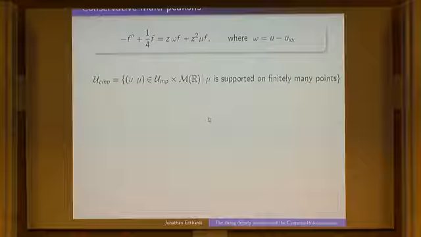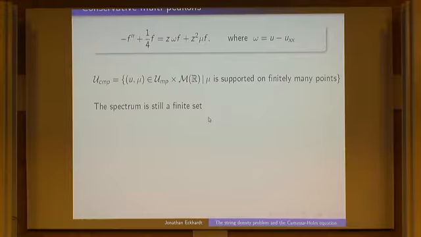So mu is a positive measure? Or mu is a non-negative measure. And for these peakons, it's actually only supported on a finite set. So it's just a finite sum of Dirac measures. So this is now the phase space for the conservative multi-peakon solutions. You now have u and mu, where u has a multi-peakon profile, and this measure mu is just a finite sum of weighted Dirac measures. And more or less, it takes account of all the peakons that may vanish at some point, and which you can't see in the profile u.